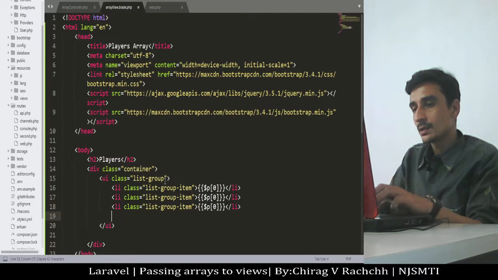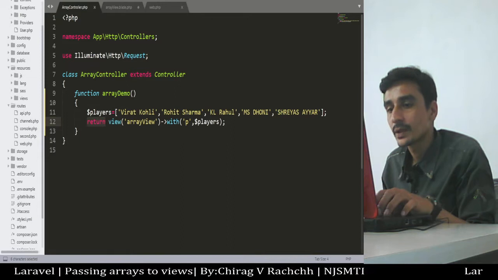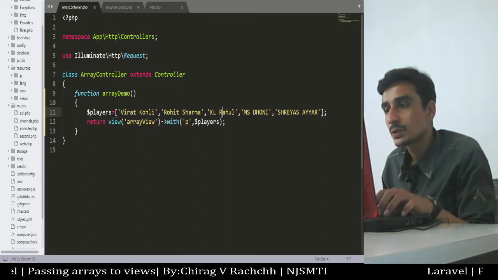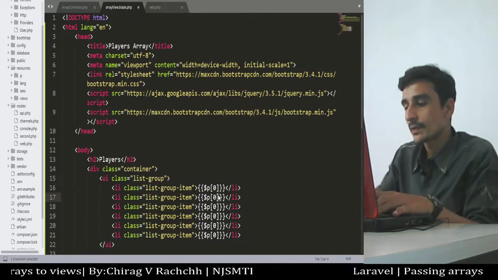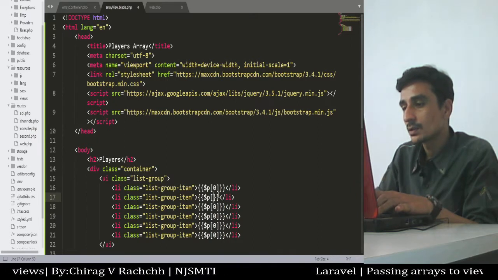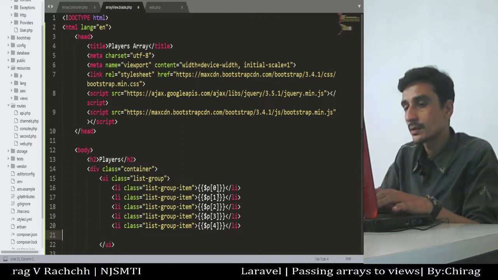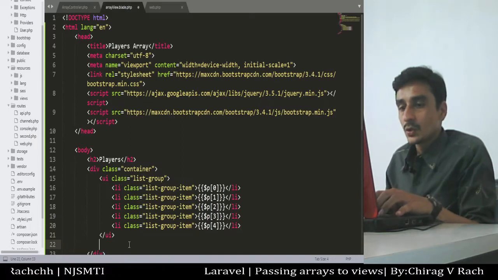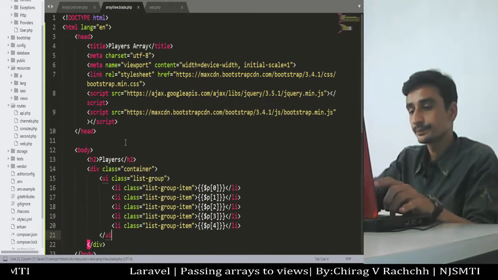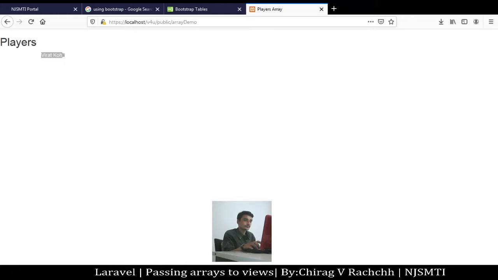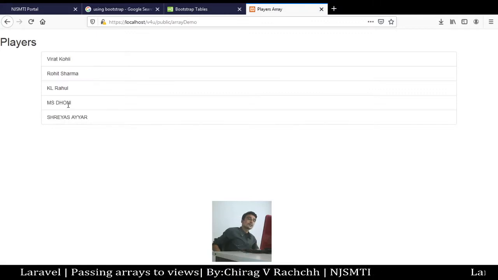Similarly, how many elements have we passed from here? 1, 2, 3, 4, 5 elements. So we should write here the code to access 5 elements: 1, 2, 3, 4. Okay. So let's go back to the browser and check the code. Yeah, you can see it is showing the bootstrap list.